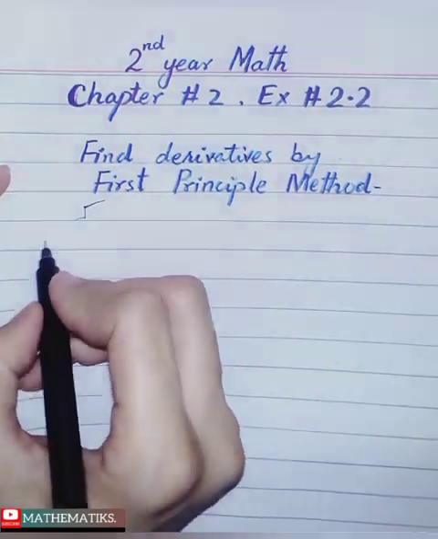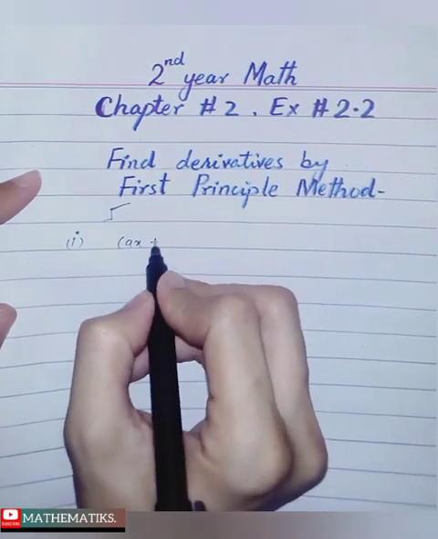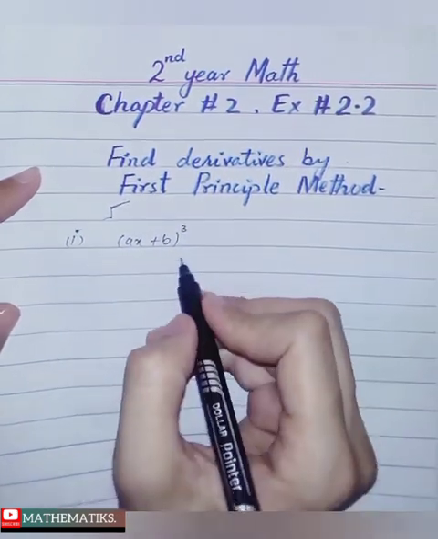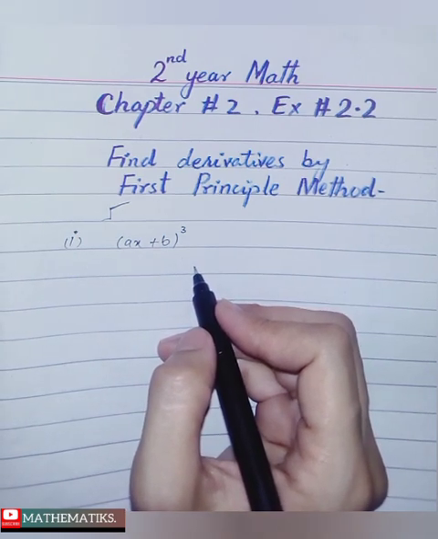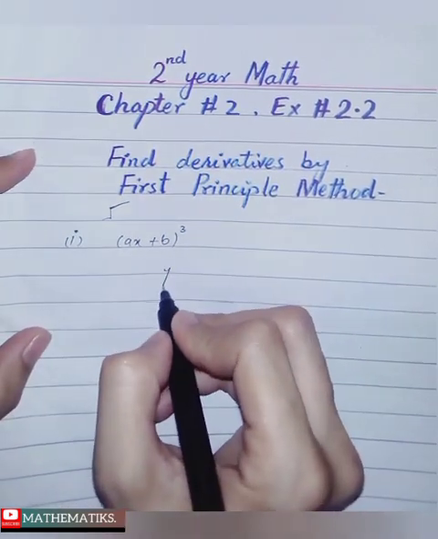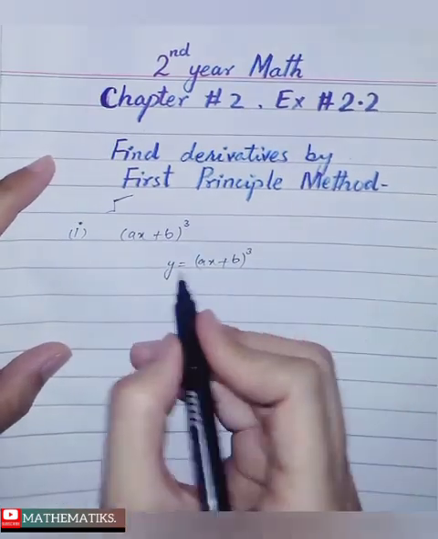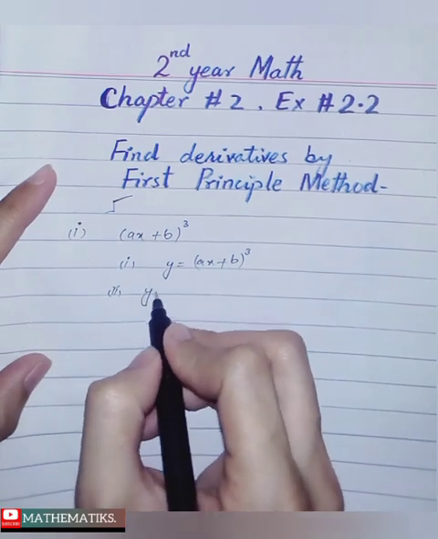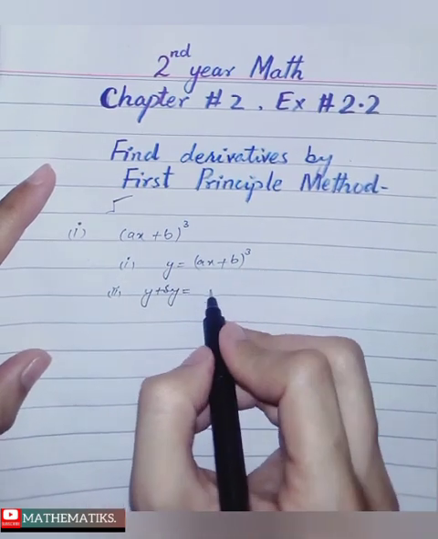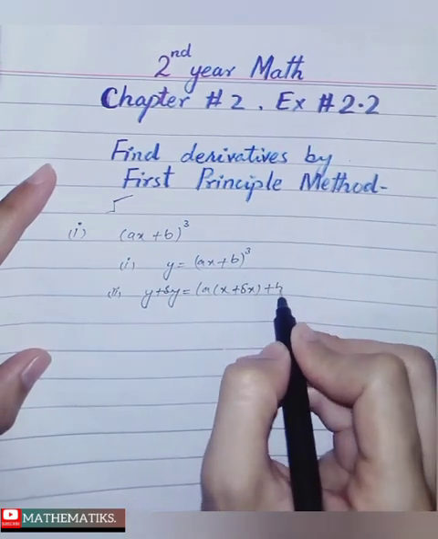So we are going to solve question number 1 part 1, which is (ax + b) whole power 3. First of all, we have to follow all the steps which we have done earlier for solving derivatives by definition. So we solve it as: first of all, we let y equal to (ax + b) whole power 3. Then step number 2 is we add a minor change, delta y on the left hand side and delta x on the right hand side in the term, x plus delta x plus b whole power